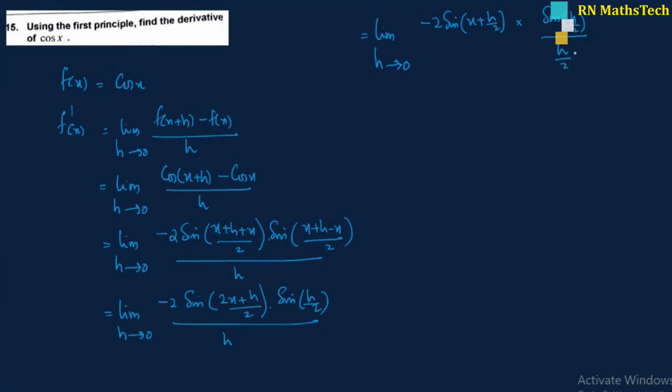So here by 2 into 2, these two get cancelled. Taking the limit as h tends to 0, which is minus sin x into, here the limit is 1, so derivative of cos x is minus sin x. Okay,